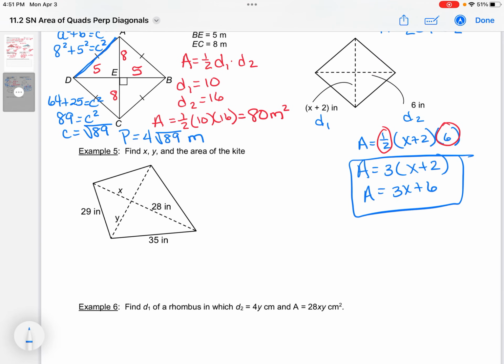Okay, example 5, we have a kite again. Still doing the same thing. So we need to find x and y and the area of the kite. Alrighty, so the y is bisected, so these two guys are the same, but x is not bisected. So let's take this triangle right here,